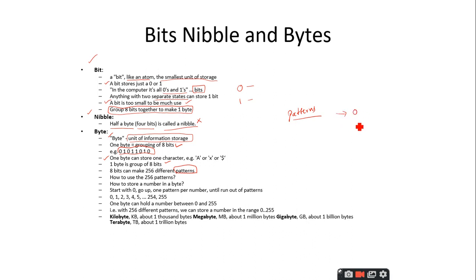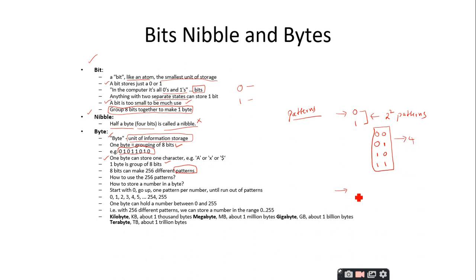Let us take 2 states, that is 0 and 1. So 2 bits are there. For 2 bits we have 2 power 2 patterns. So what are those patterns? Let us write 0 0 like this. Next I can change the last bit, 0 1. I can change the first bit, 1 0. I can change both the bits, 1 1. Other than these 4 bit combinations, no other pattern is possible for us. So if you have 2 bits, the number of patterns that you can generate is 4.